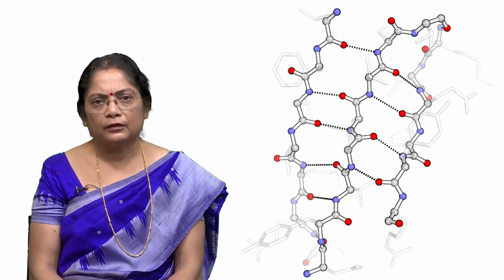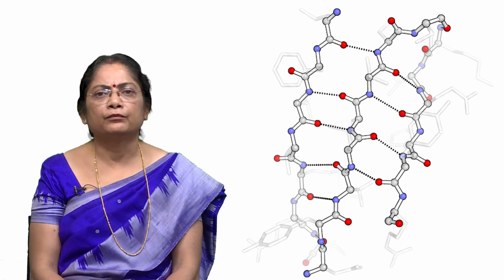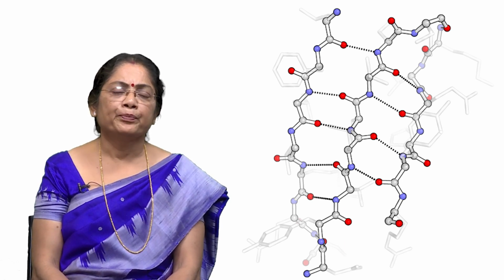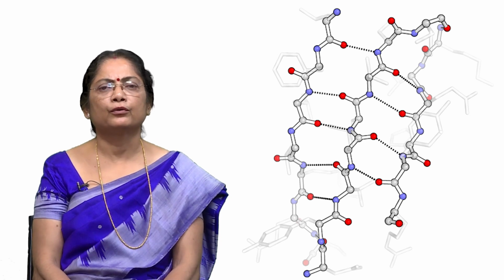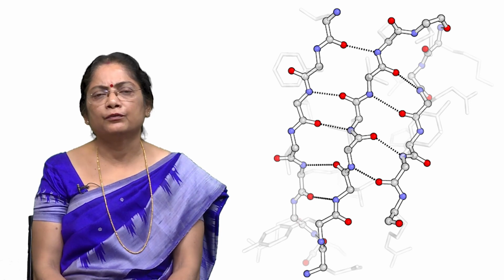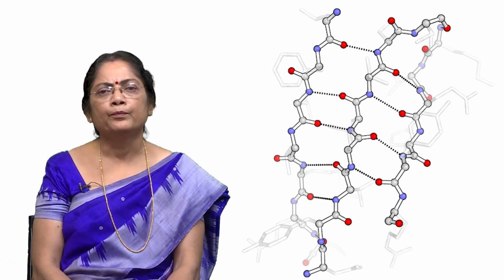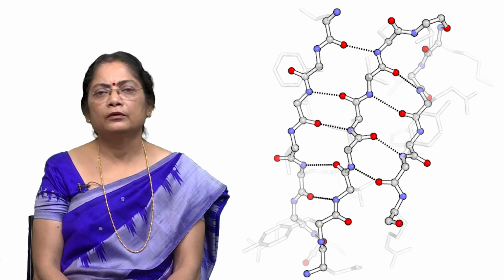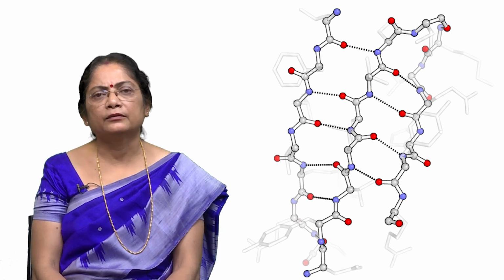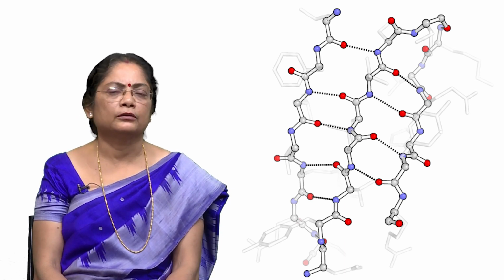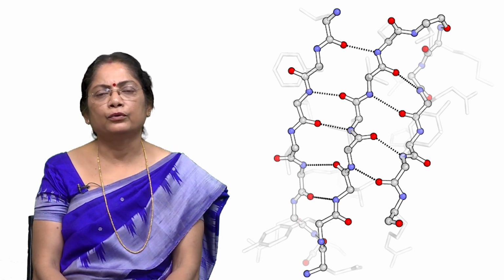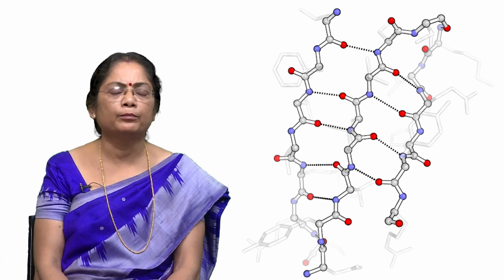So, when we get a protein and want to know the function of that protein, we also have to study the structure of the protein. The 3-dimensional structure of protein can be determined first. If you want to know the function of the protein, we have to go through X-ray crystallography. X-ray crystallography enables us to analyze the structure of protein, and then after analyzing the quaternary structure of protein, if we want to analyze the individual polypeptides,